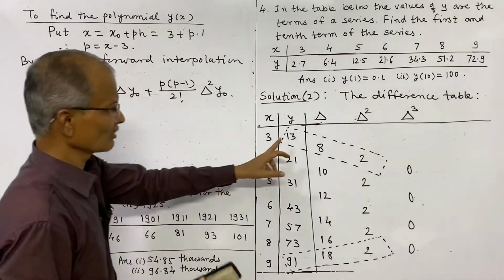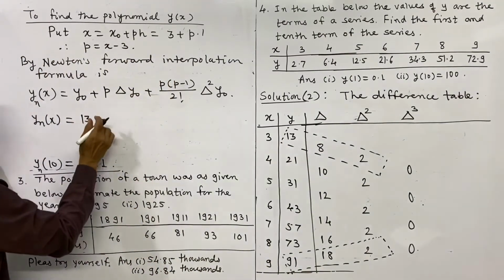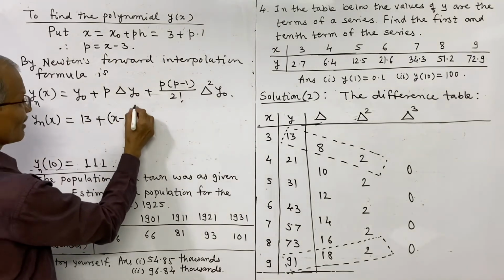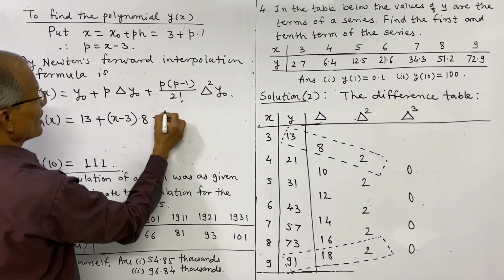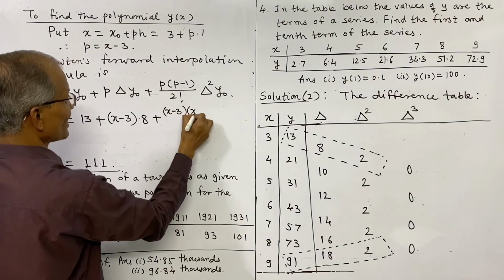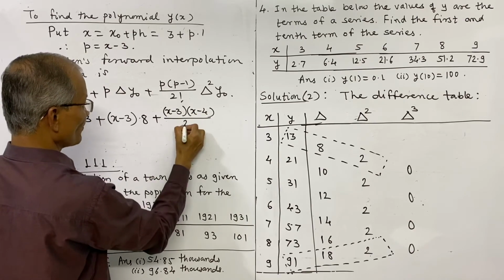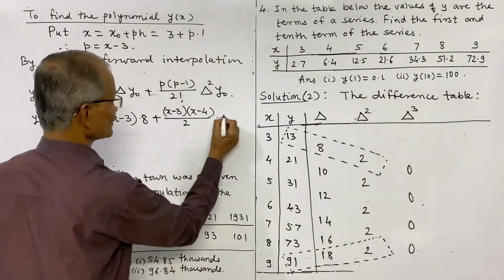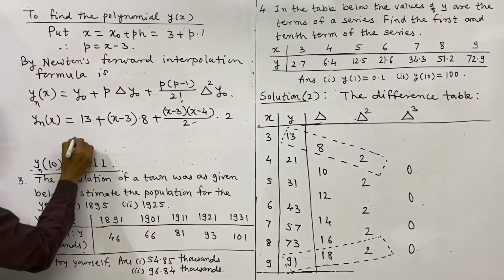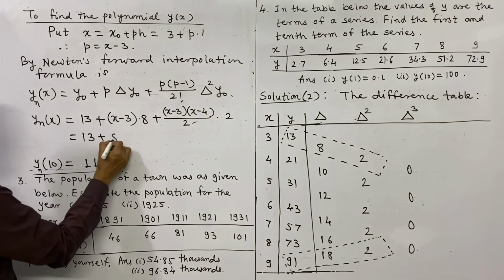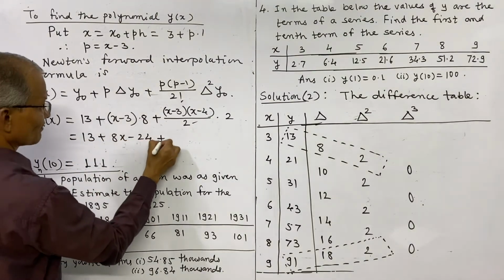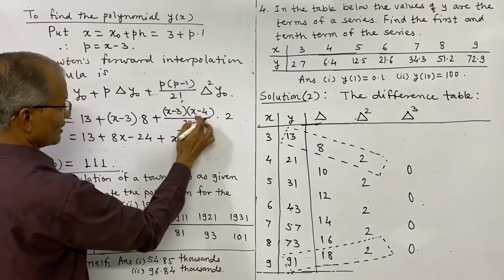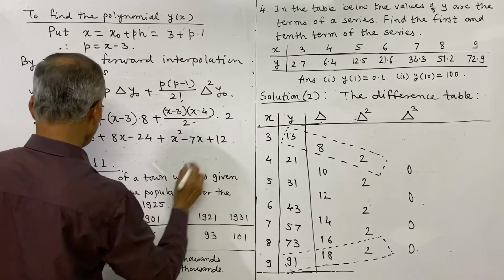The same values we have to use, 13, 8, 2, and p, but p is different. P is x minus 3. So x minus 3 and delta of y naught is 8, plus x minus 3 into x minus 4 divided by 2 factorial, which is 2, and delta square y naught is 2. So that is 2, this cancels, and what remains is 13 plus 8x minus 24, plus the product of these two, x square minus 7x plus 12,